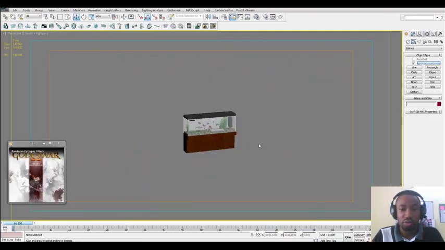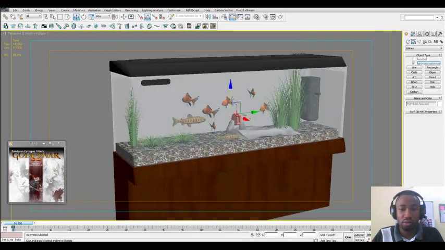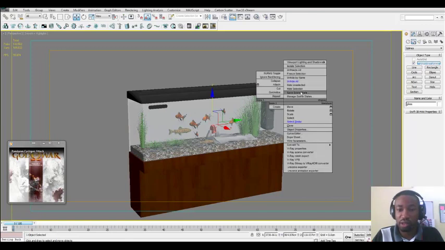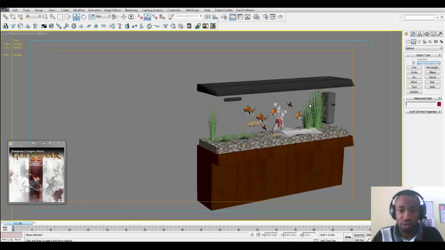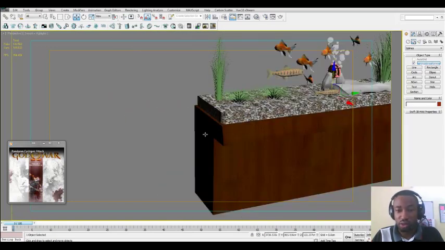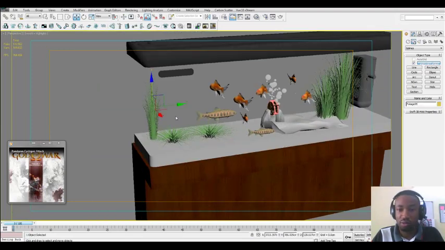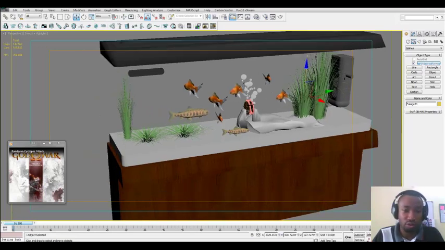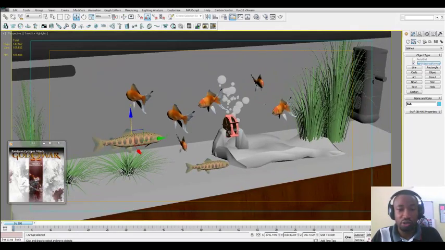So, to have a quick one, here is our aquarium model isolated in a scene. That's the entire thing. It's made up of different components. We have a glass. Okay, here's the glass, and here is the water. Now we're left with the foliage and the rock bed, which we can also freeze so that we don't have interference in our scenes. We have the foliage, which I'm not sure we're going to touch. So basically I expect you to be able to populate an aquarium scene like this with fishes,